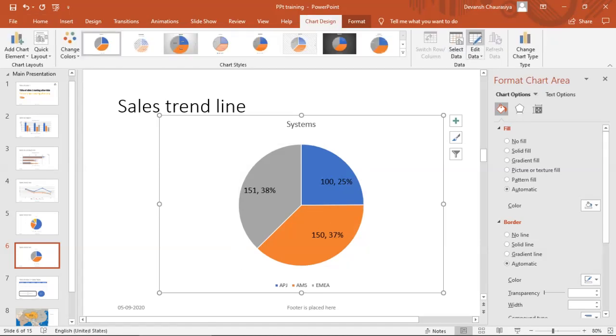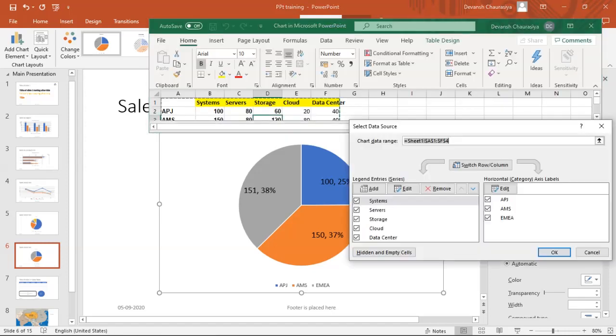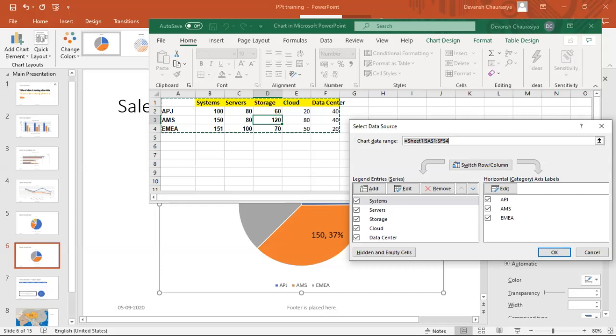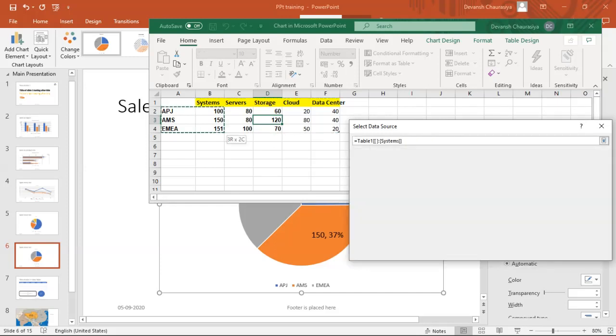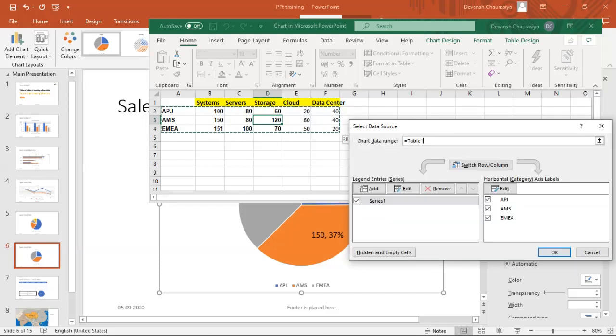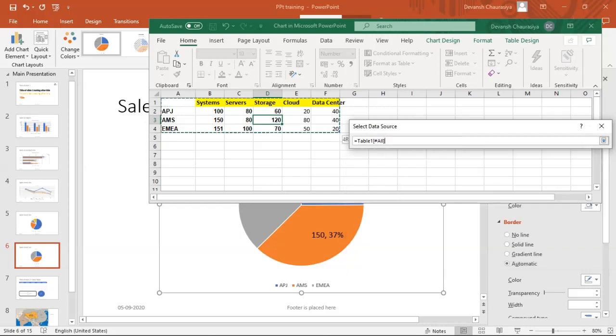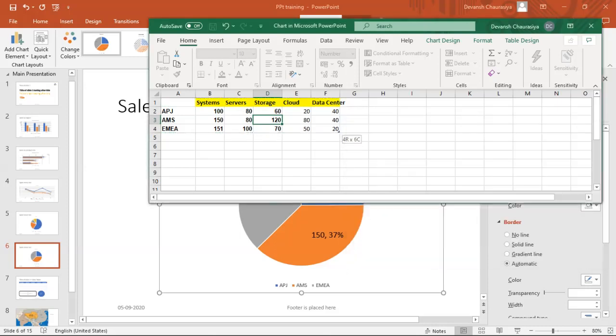Because if you come to select data, you will see, let's wait for a while. Okay, it is picking my data. Let me reference it one more time. Okay, click on OK.